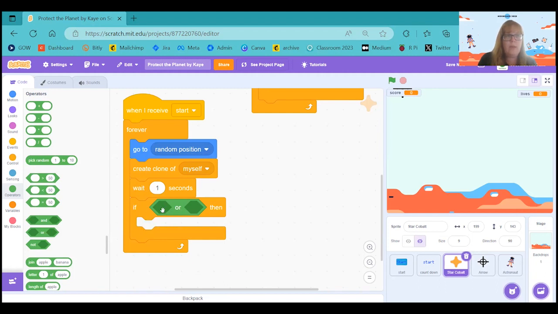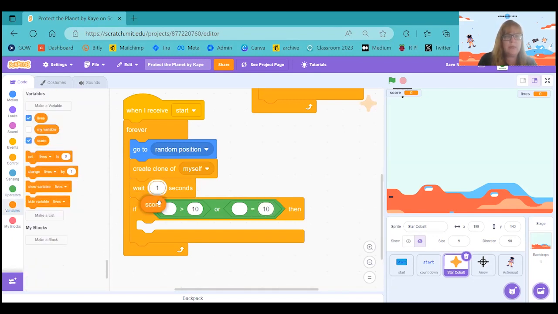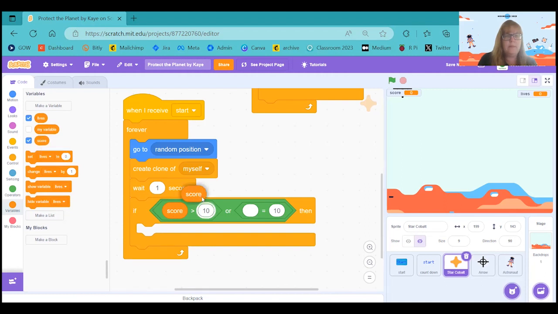And then on one side, we're going to drop in an operator of greater than. Now, it's a bit tricky. Look for where the white highlight is, and you'll see you're dropping it in, and you'll get it in the right spot. On the other side, we're going to drop an equals. Our first one here is all about what happens if our score is greater than 10 or equal to 10. Oh, and I need to pop score into here. I said it, so let's go pop it in and take that score bubble. So if the score is greater than 10, or if the score is equal to 10,